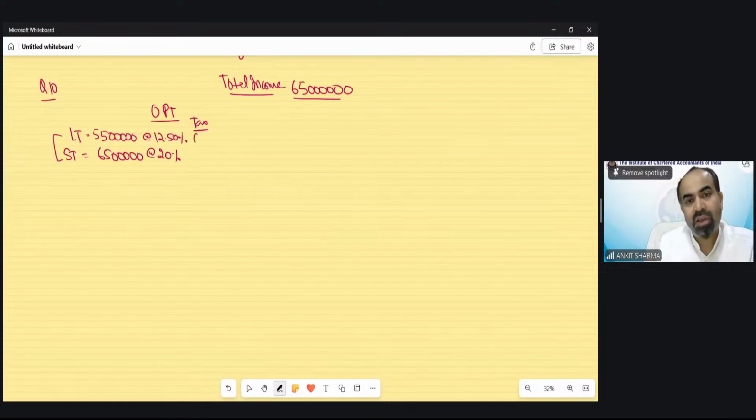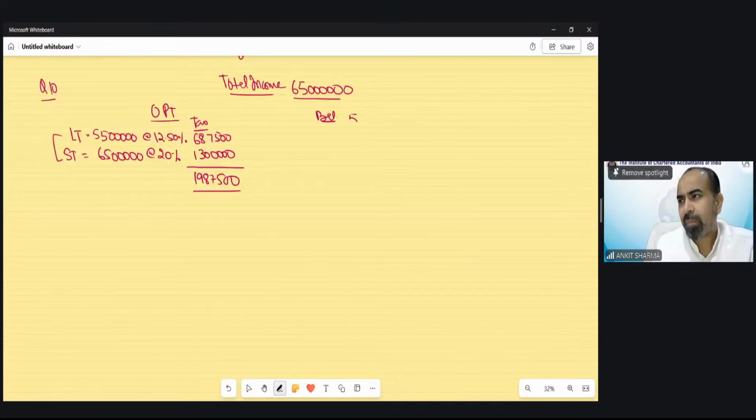So this would be 6,875,000. I have already calculated that. This would be 1 crore 30 lakh rupees. So the tax on these special category incomes is 1,987,500. Now the balance income is 5 crore 30 lakh,